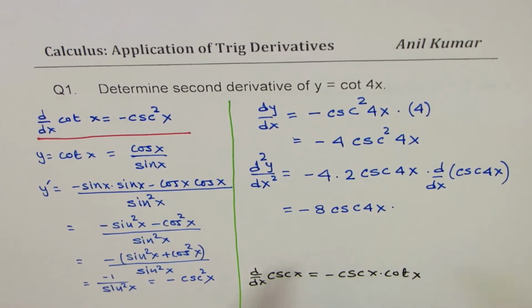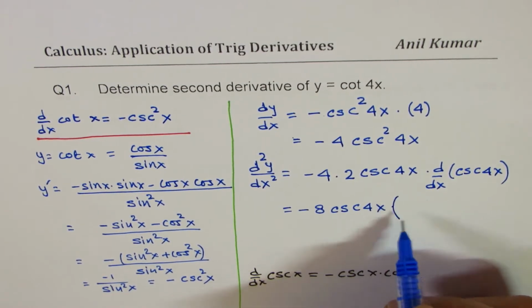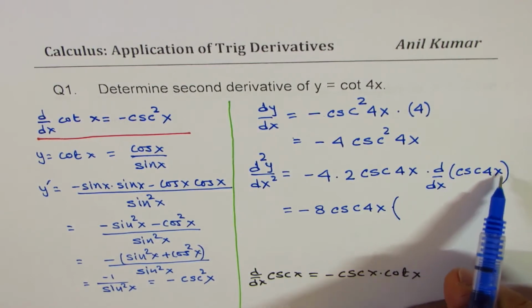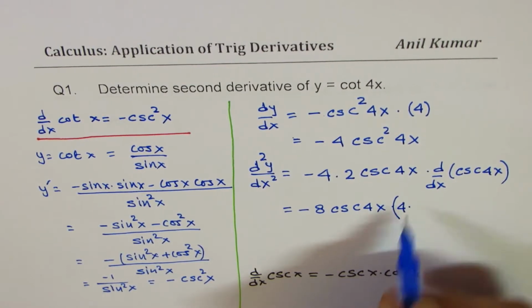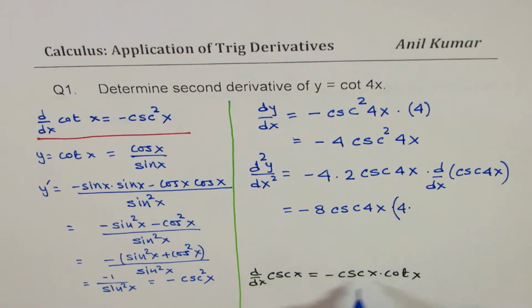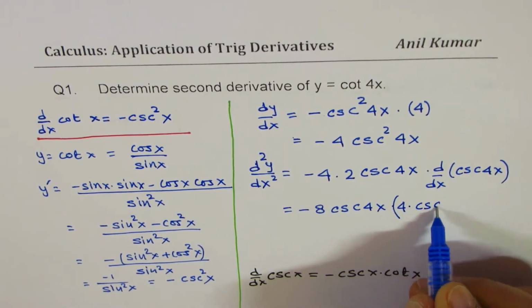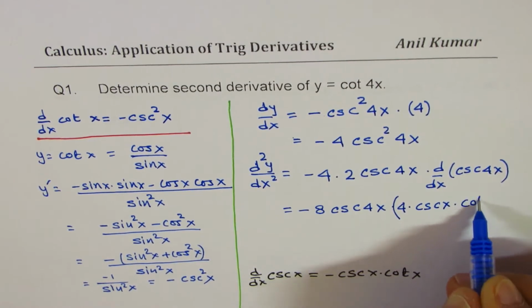So if you don't remember derivatives, then it becomes a real problem. You cannot afford to do all this. So we are talking about cosecant 4x, inside term is 4x. Let me first multiply by 4, copy all this, which is negative. So cosecant x times cot x